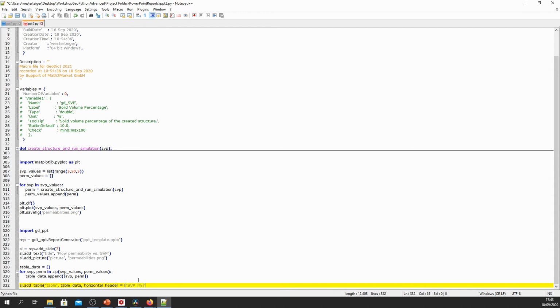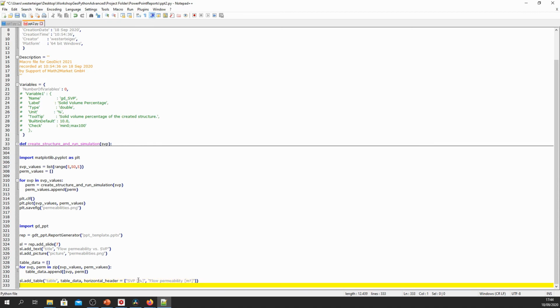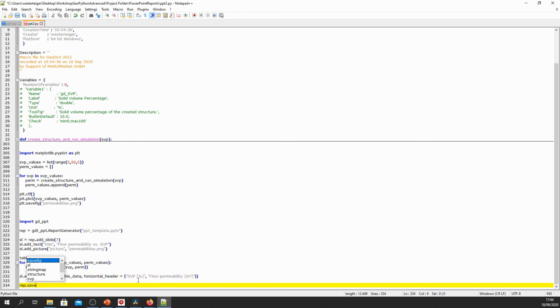So we put the string SVP % and flow permeability in square meters. Close the list, close the function, and finally we save the whole report as, say, plot and table pptx.